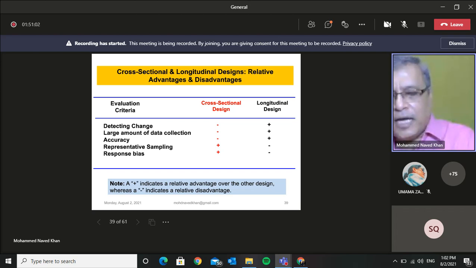So if you want to have more accuracy, when we say accuracy, always try to remember that we are basically alluding to the memory, that how much reliance there is on memory. So less reliance is there on memory in case of longitudinal designs, and more reliance is there in case of cross-sectional designs. So cross-sectional designs are disadvantaged in this respect. As far as representativeness of sampling is concerned, it is said that cross-sectional designs are always advantageous and longitudinal designs are not. And now let me give you an example in this representativeness of sampling.